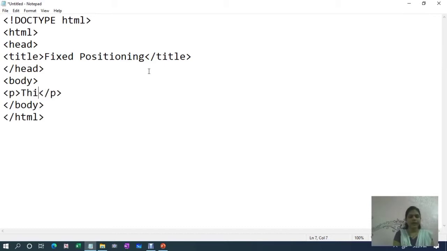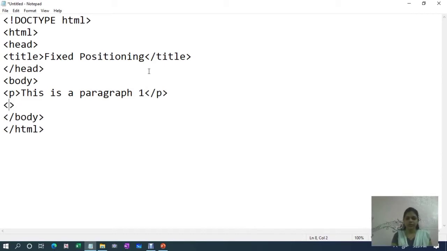Suppose we write content within the P tag as this is a paragraph 1. Now add some more P tags, end of P. This is a paragraph 2.